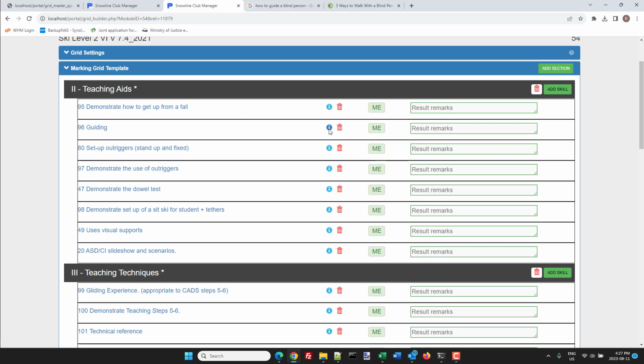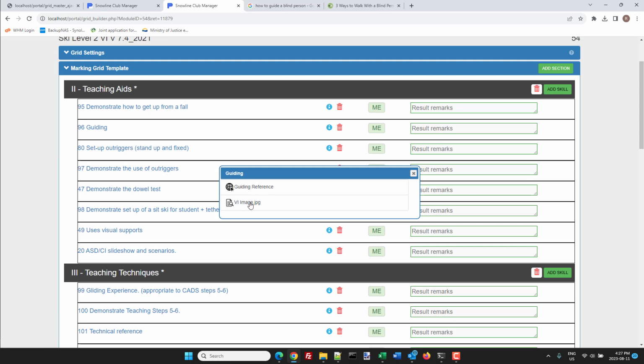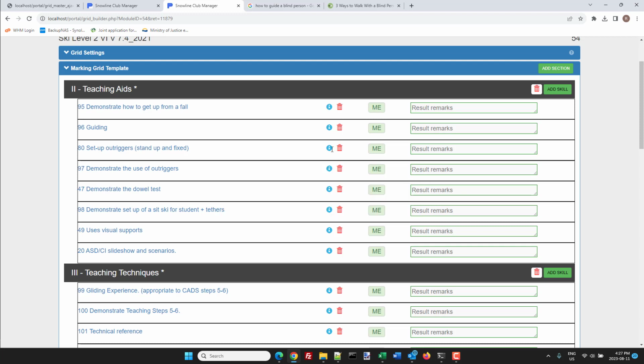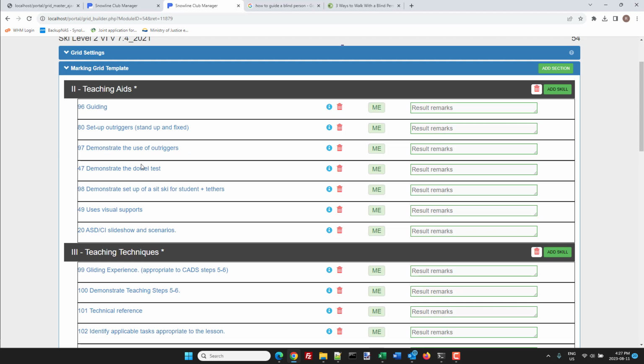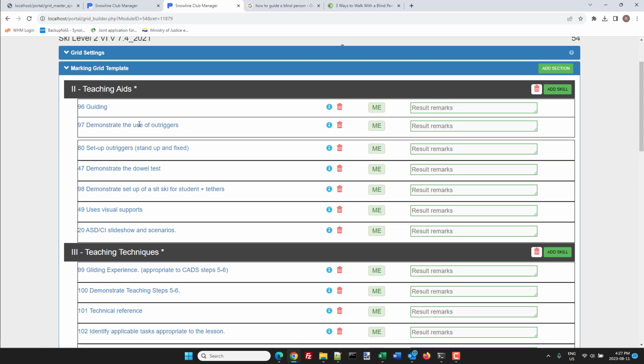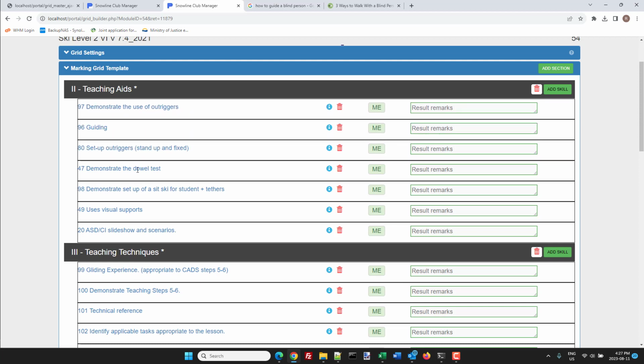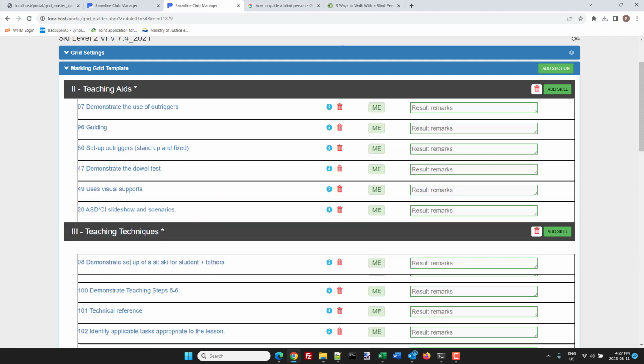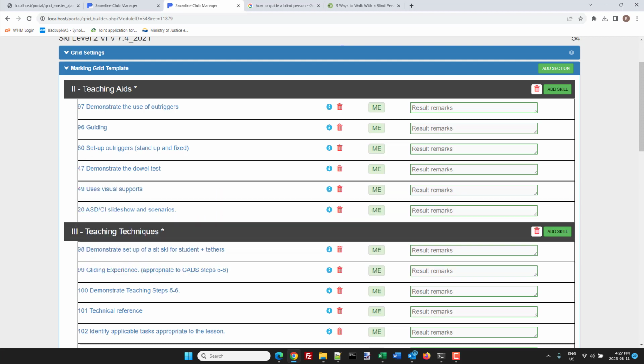Remember we had those two documents that we associated with that skill, so there they are. Let's say I didn't want to demonstrate how to get up from a fall. I can take it off. If I wanted outriggers to be first, I just realign it there. If I want demonstrate to be in the next section, I align it there. If I don't like the order these are in, or I can rename them, so I'm going to go